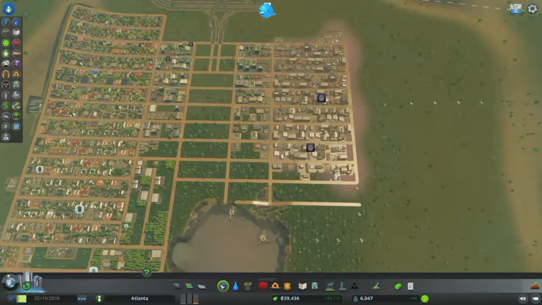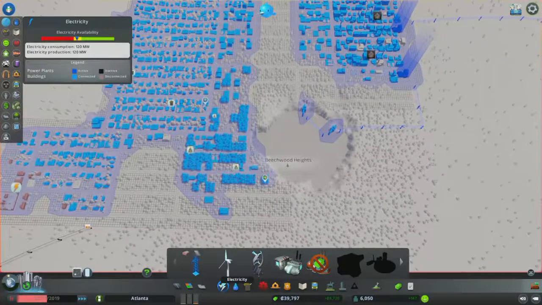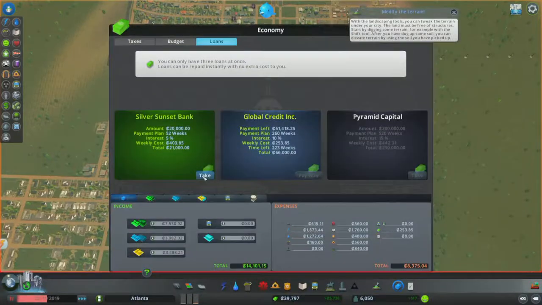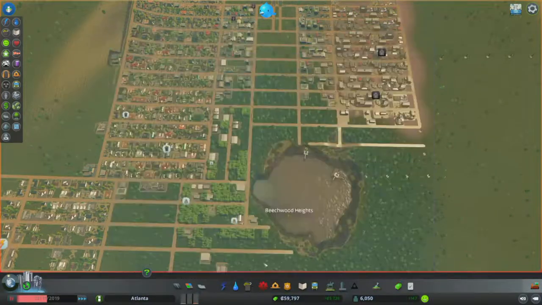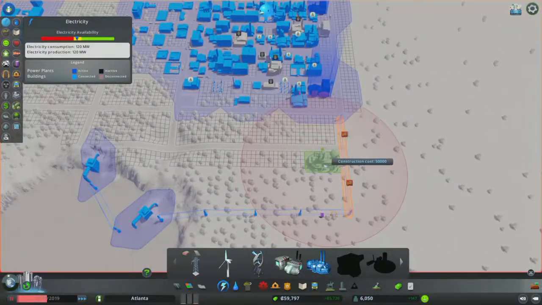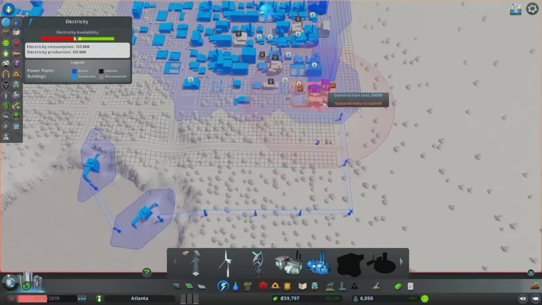So, you know, I can actually probably take a loan and then just do both right now. So we can take this 20K loan. We'll go ahead and build the power facility right now. Alright. So we can build it up to...